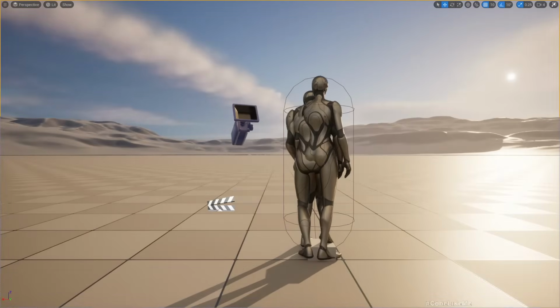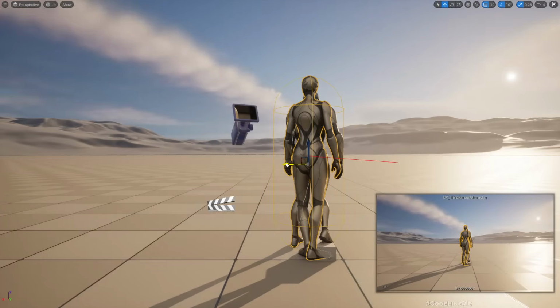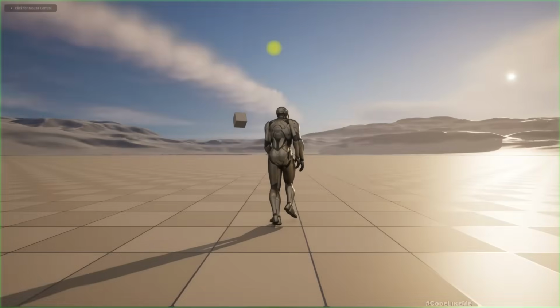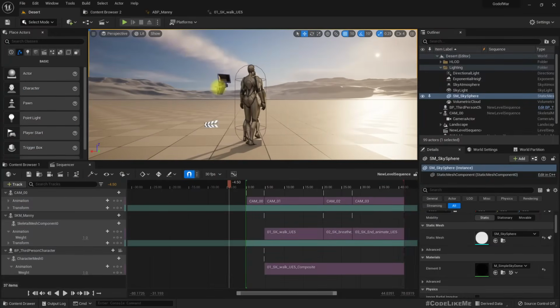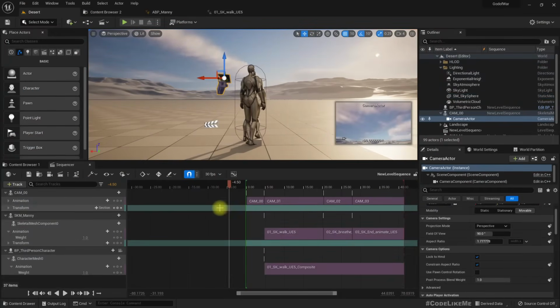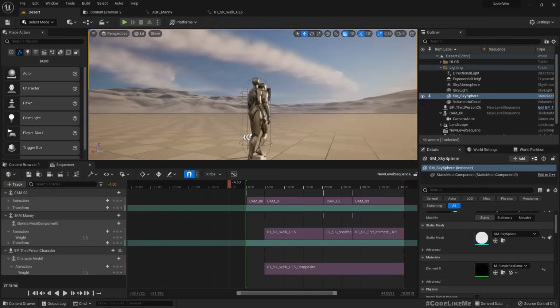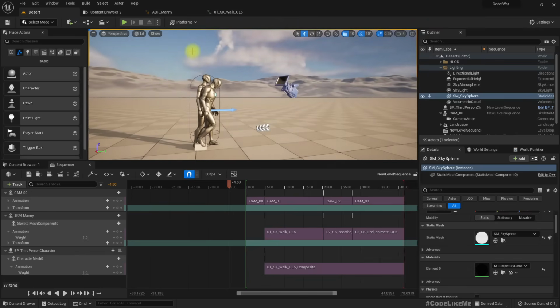Right, that part is working. So how do we get the camera to work? For that, this is a dummy camera. We don't have any camera cuts in the level sequence because we want to use the player camera here, not a separate camera, to keep the continuity. So for that,